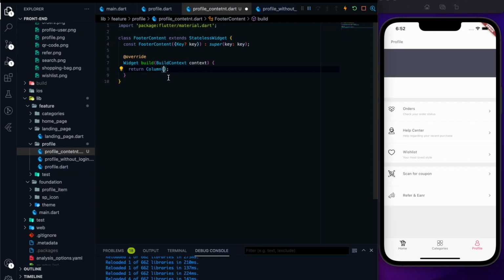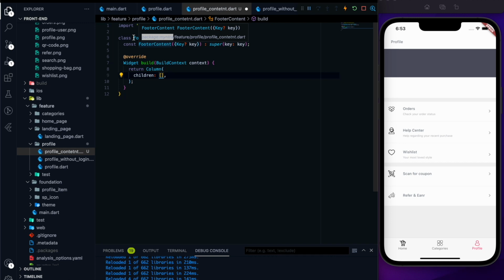four items, and each is a kind of text button widget of Flutter, but I'm going to create a component and I will wrap that component in the InkWell. I will show you how I will create it, because the whole button is tappable and it has a ripple effect, and that ripple effect we can achieve using the InkWell only. So I will show you how, but let me just set up this